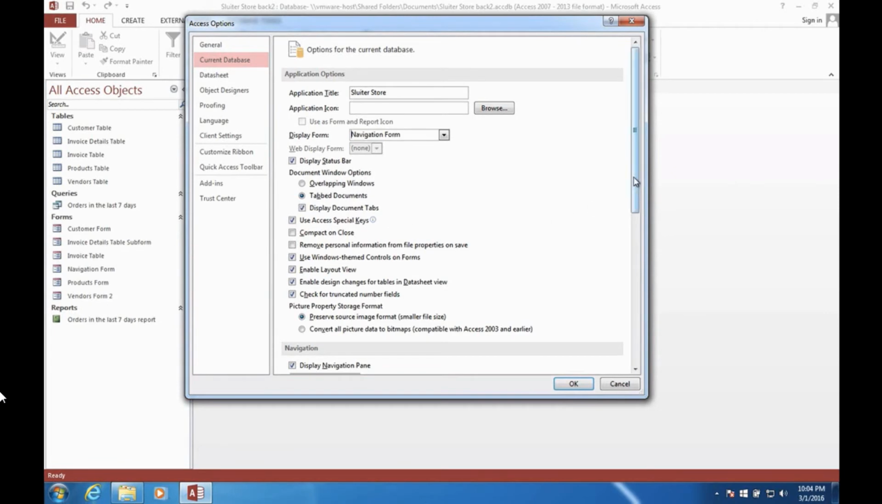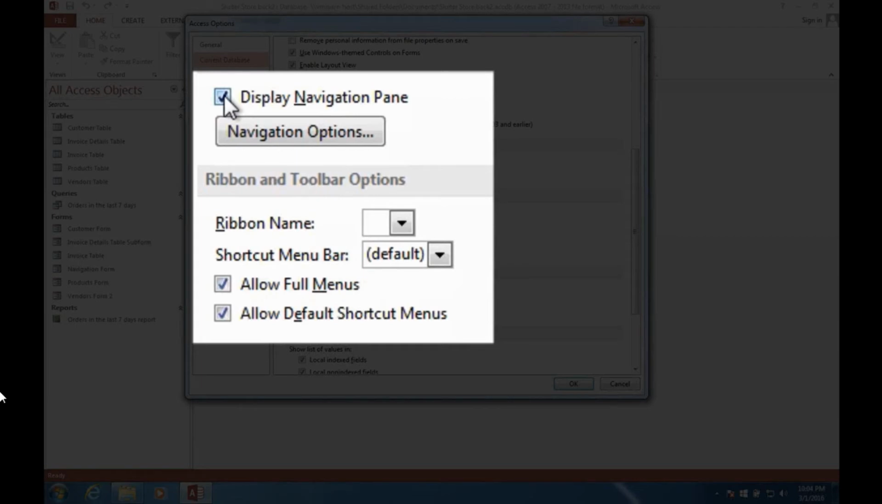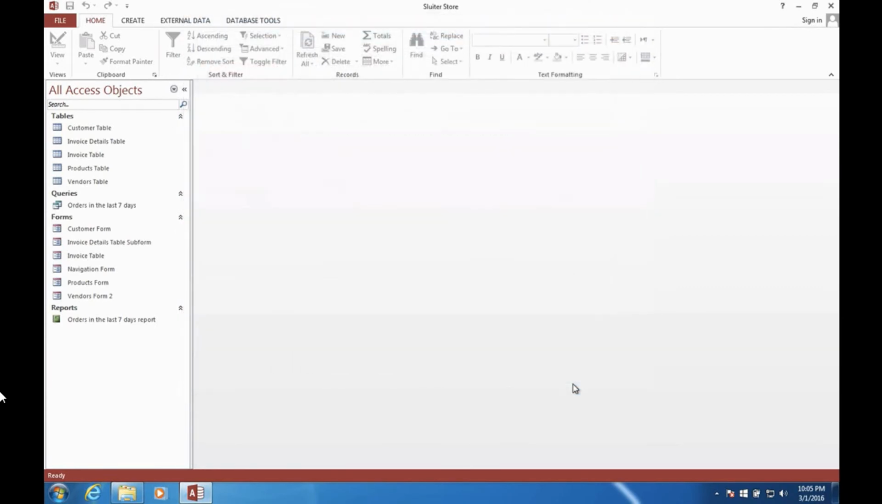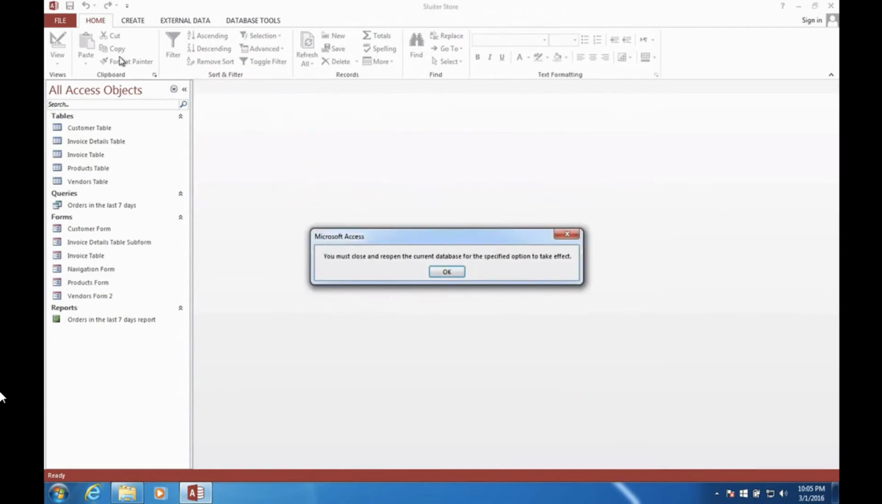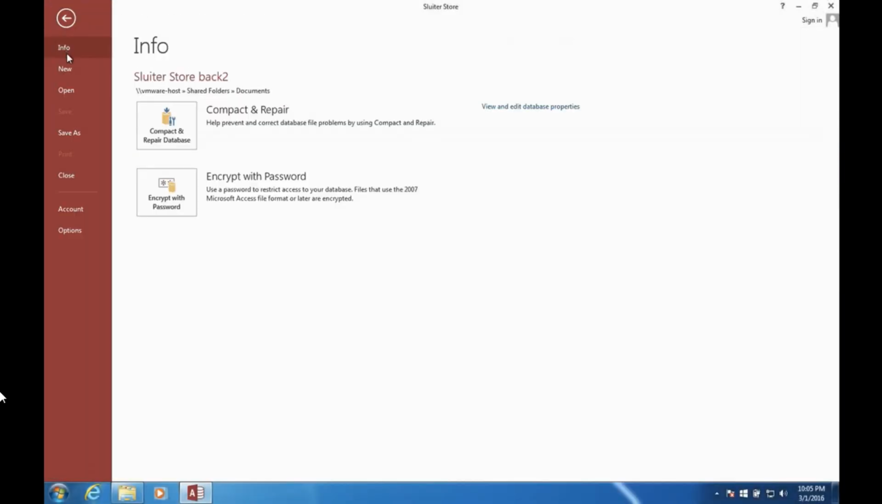We're going to hide some things. So let's go down a ways. The navigation pane. The navigation pane is all the things over here on the left. So we don't want them to get into the tables and edit them, so we'll uncheck that. Allow full menus? No, we don't want that either, because menus are when you right-click on something, you can choose Design View. So click OK. It says now you must close the program and reopen it to take effect. So let's choose Close,